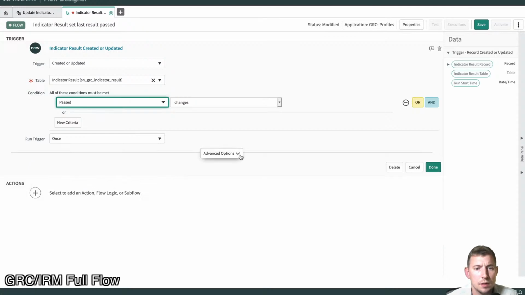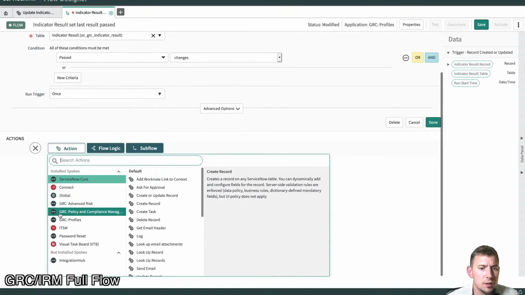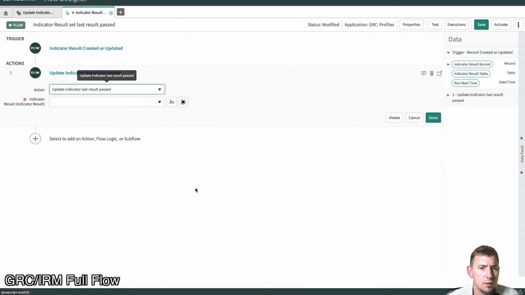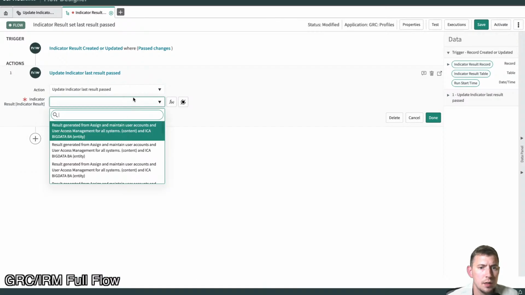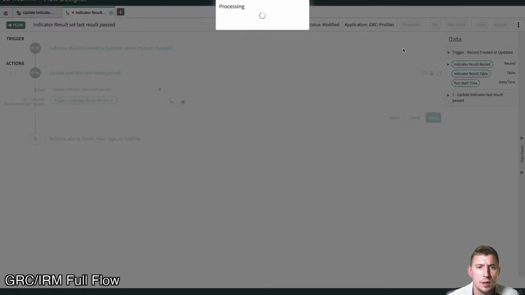I feel like that's sufficient. Although it's an after, not an async, that should be fine. Then my action is going to be under profiles, update indicator result last passed, and my indicator is going to be this record. Save this,